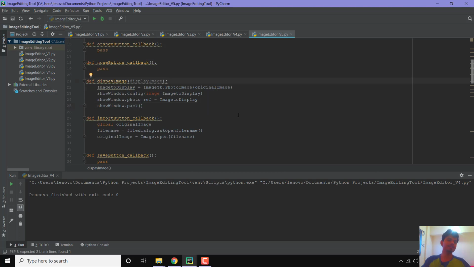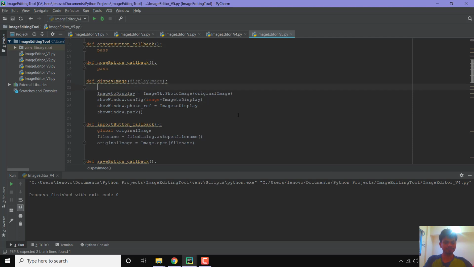So what we will do, instead of directly displaying the original image on the GUI window, is first resize the image and then display it on the GUI window. So for that, we'll write image to display. This will be equal to display image dot resize,